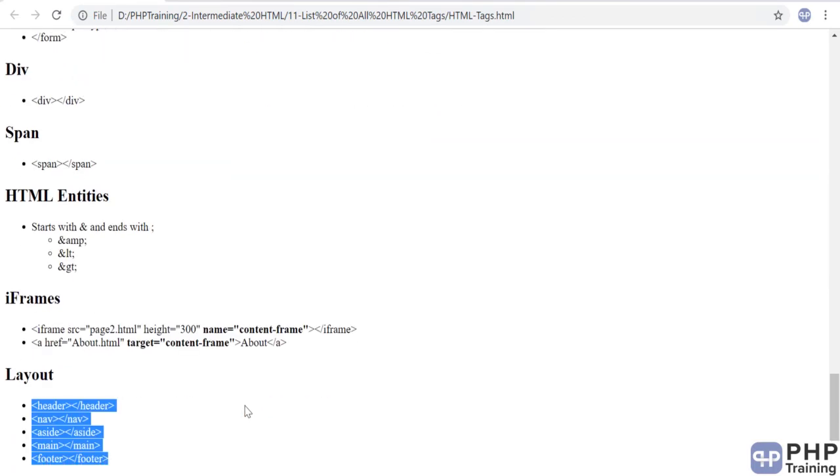There will always be new tags coming up and old tags removed in HTML. So I'll give you a link where you can find the list of all HTML tags with nice documentation as well. You can go ahead and reference all those HTML tags that are available in the specification.